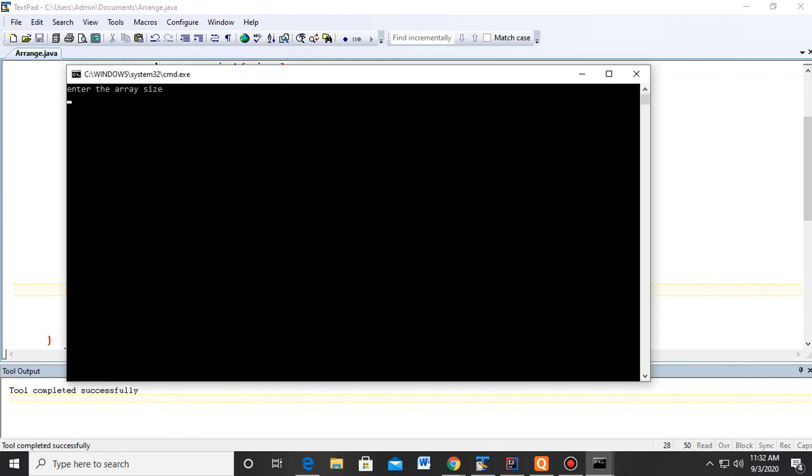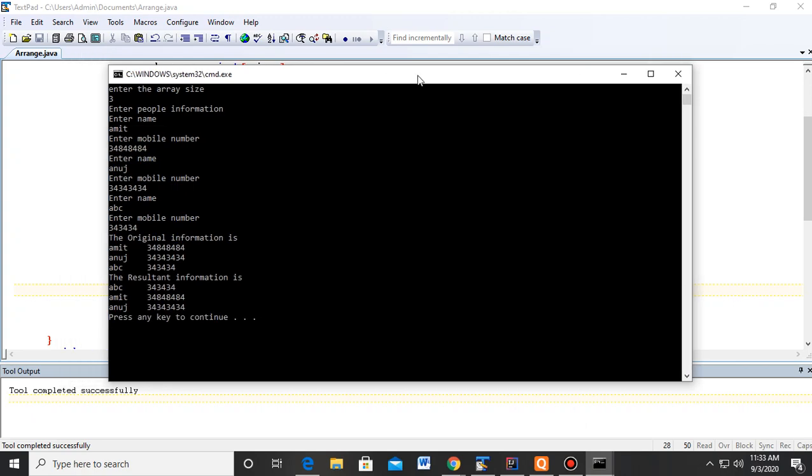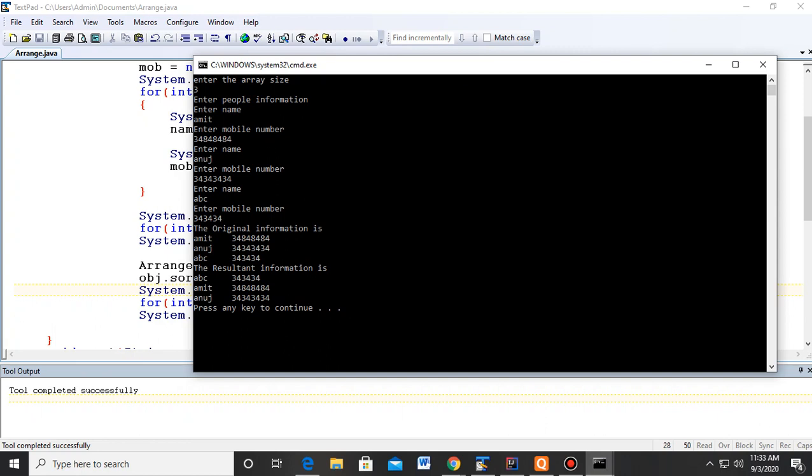So children, suppose the size of the array is 3, and here the name is Amit, and mobile number is this one, and another name is Anuj, mobile number is this one, and another name is ABC suppose, and his mobile number is this. Now you can see the arrangement has been done in this order. In dictionary you can see ABC comes first. That's why you can see in the resultant array it is at the top, and after that Amit has come, and after that Anuj has come.